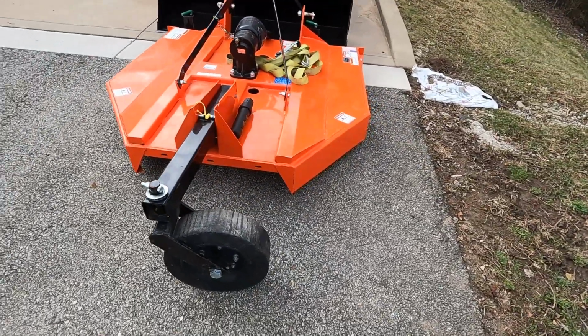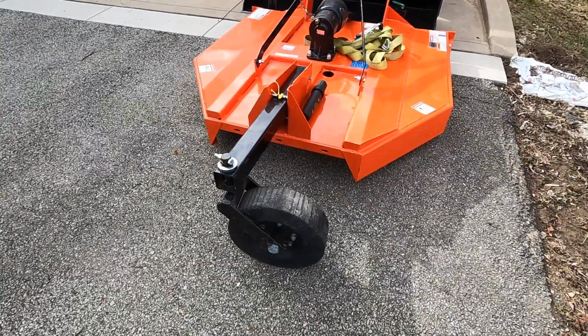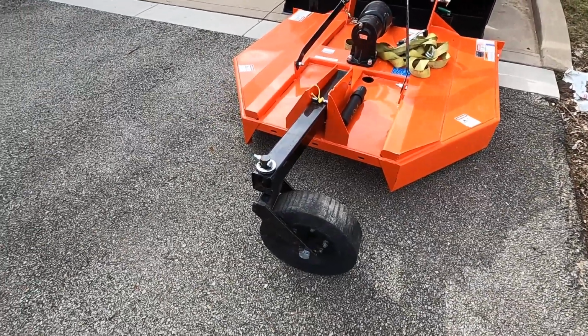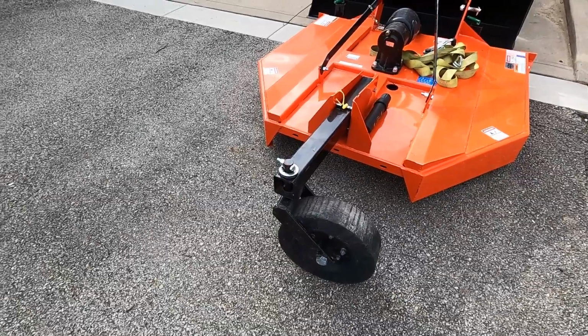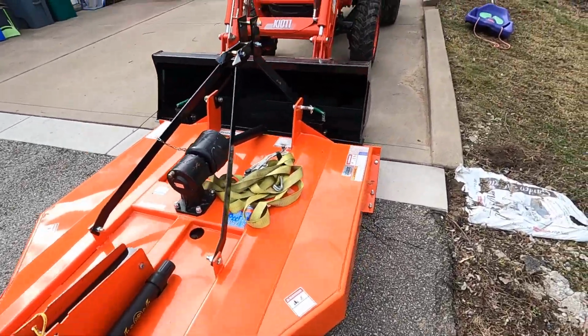It didn't come with the back chains, but I'll probably be eventually getting those as well. It just slows stuff down. If you do hit something, it slows it down on the way out. So yeah,